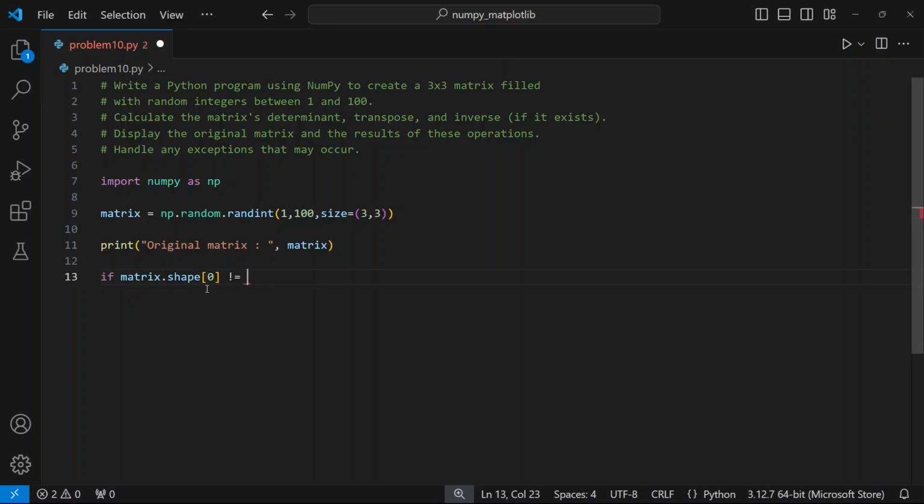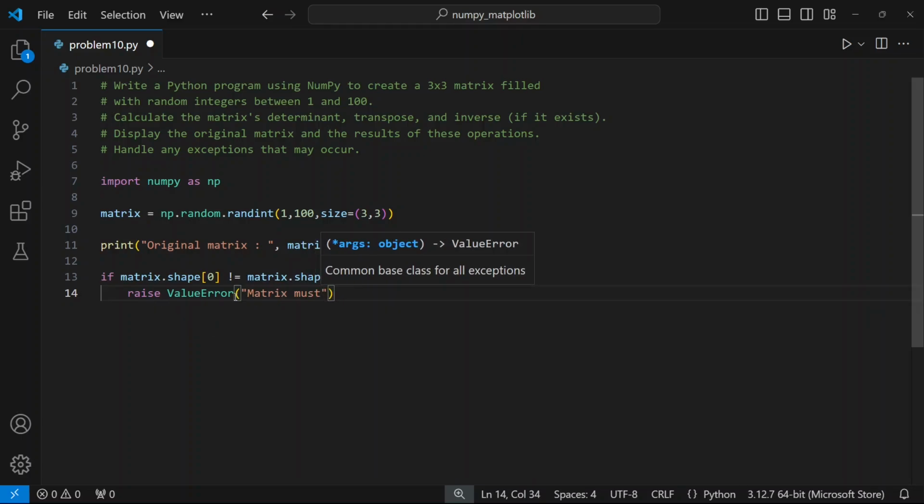If it is not equal to matrix.shape index 1, there is a value error, and we can add a custom message to the exception. So basically we are passing this string to the constructor of the ValueError class. Okay. So: matrix must be a square matrix